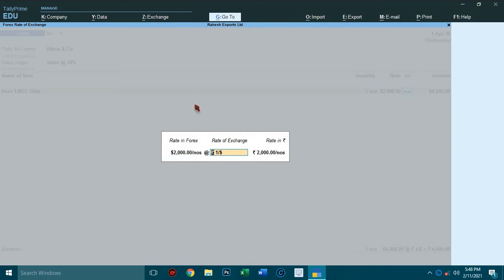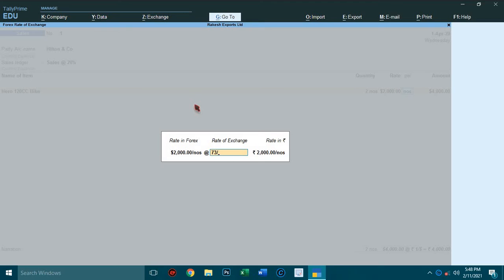Here you have to specify the selling rate of the dollar. Type 73 rupees per dollar. Today's dollar value is 73 rupees.